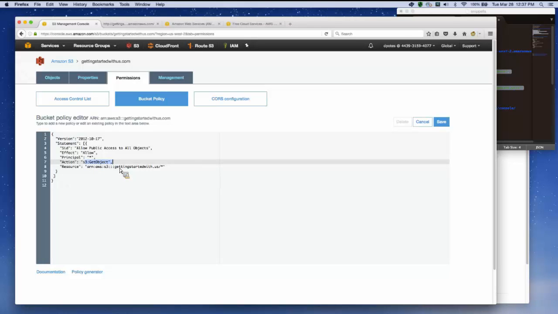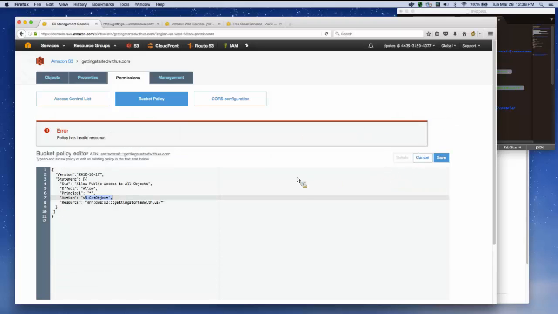Because we don't know who's going to be accessing this bucket. It's going to be the internet. They're going to be anonymous. So we have to allow that access to be able to read. And this is just kind of concise in a policy. So now if I save that,